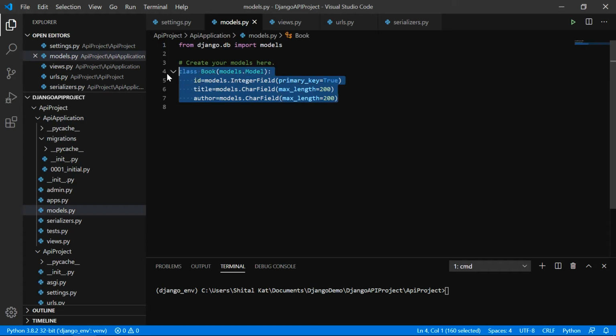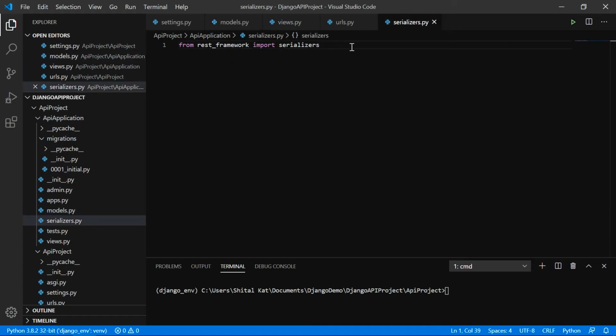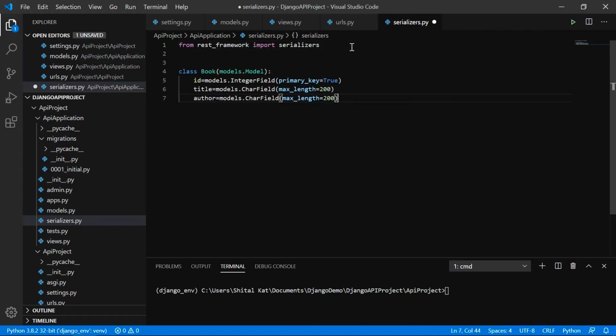I am copying the model object of book into the serializer and making a few changes.